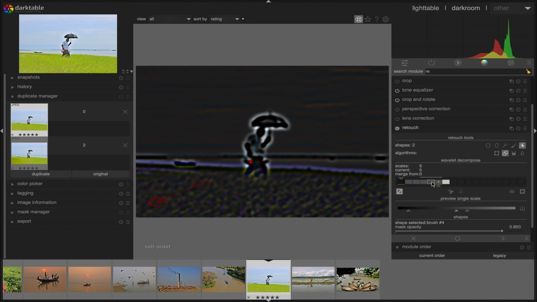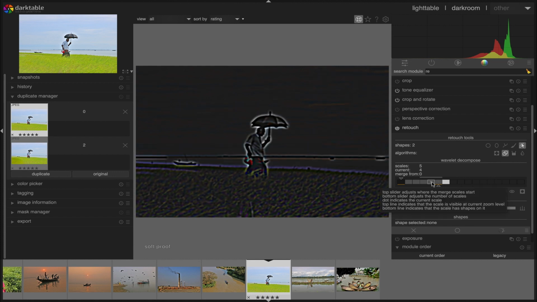So similarly, if I go to the fourth scale, and if I decide to take pixels here,